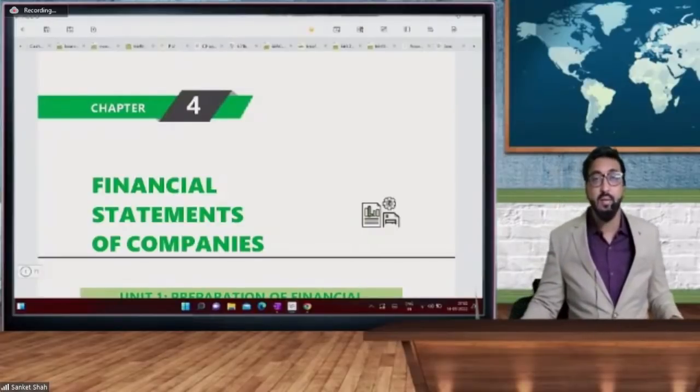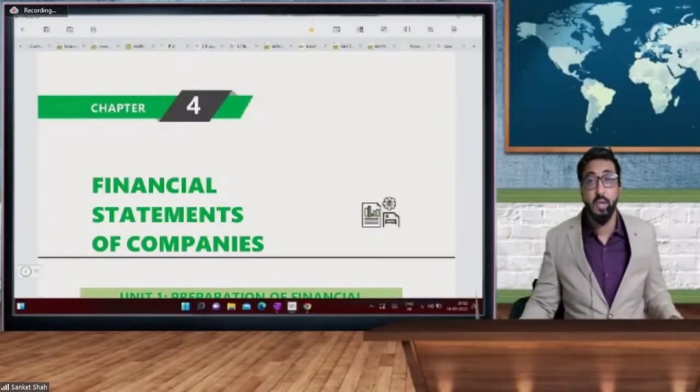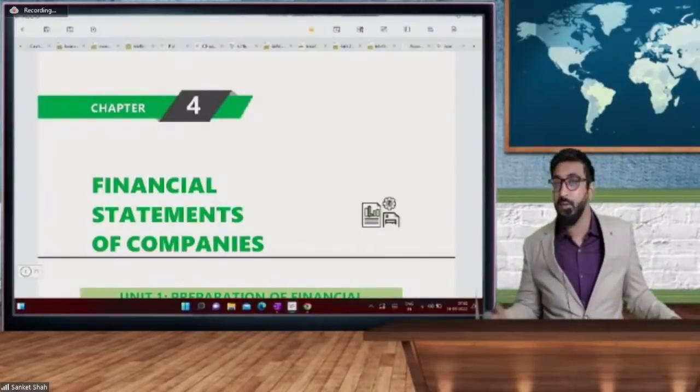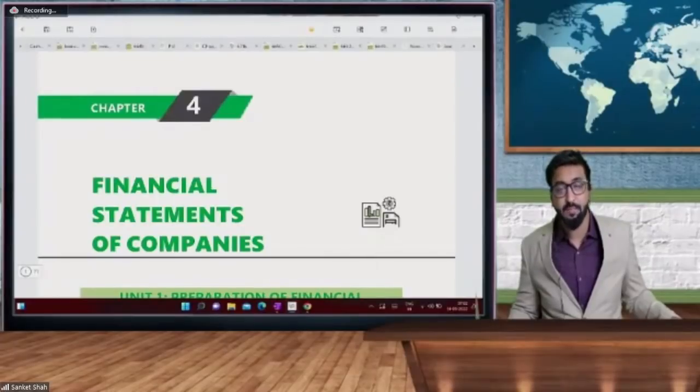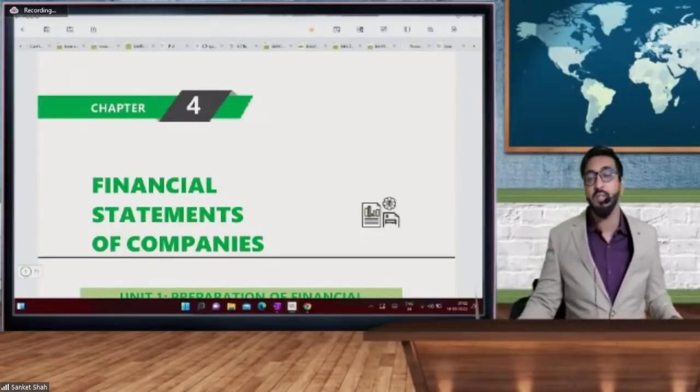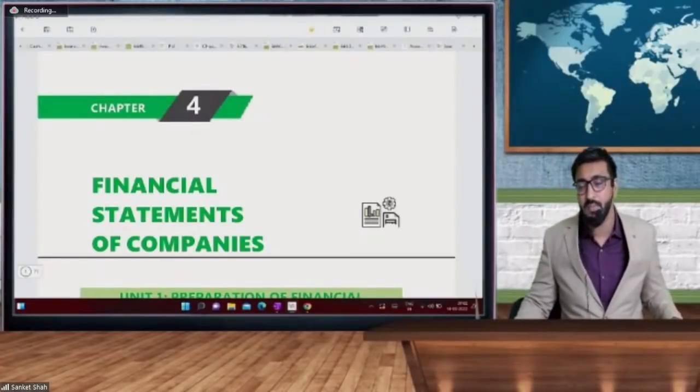And cash flow statement is unit number 2 that we are going to see after 3 days. Today, I'm going to tell you about financial statements of company's balance sheet, P&L pro formas, and after that we'll start with some illustrations of financial statement, balance sheet, and P&L problems. But